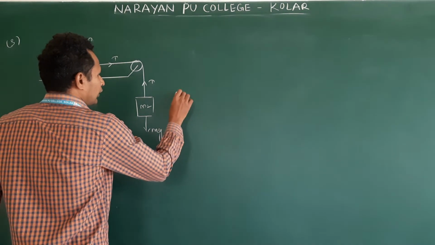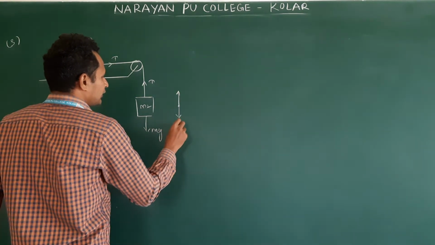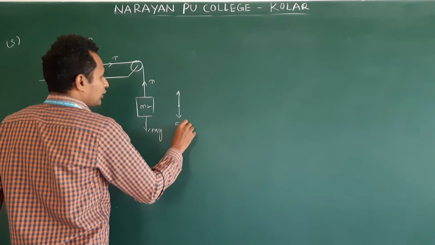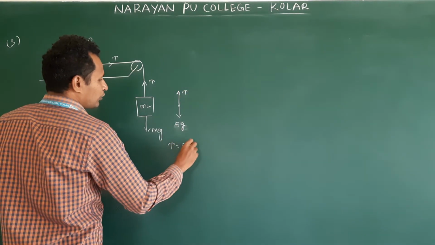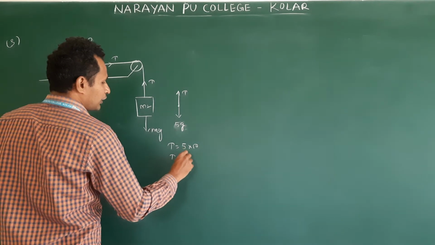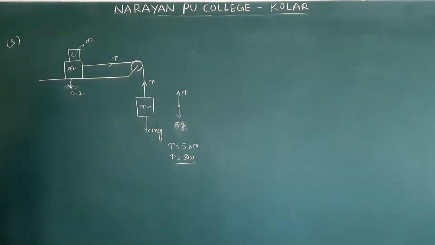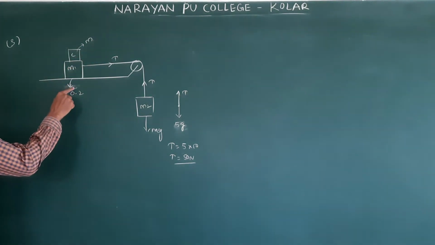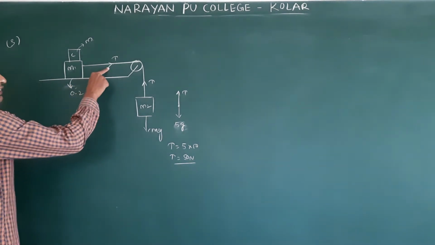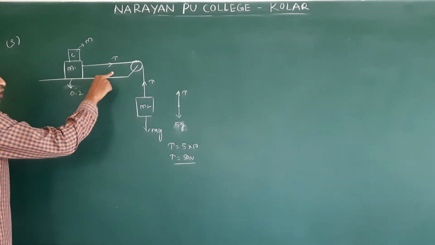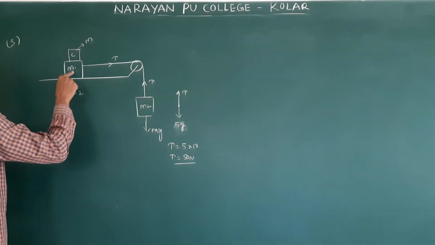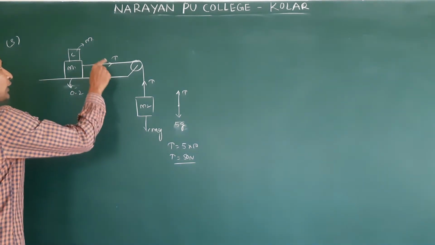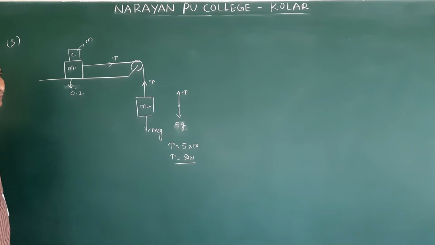Here, how do we write tension T? This is mg, that is 5g. So T is equal to 5 into 10, T is equal to 50 Newton. See, it is not accelerating. It is just preventing the motion. Okay? Clear? If tension dominates, then what happens? It moves. But by placing M, friction becomes maximum, which balances the tension. So to find this, we need to know the tension because we are equating.